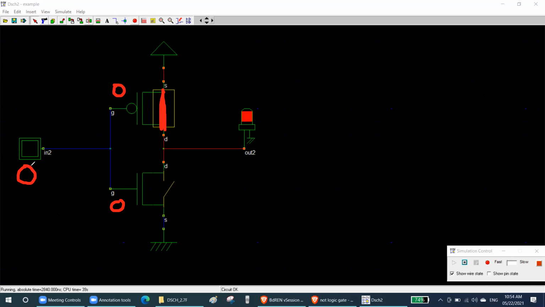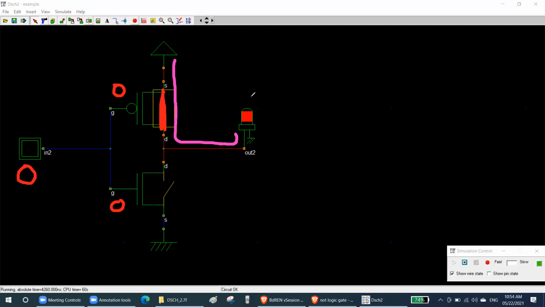So you have an LED inside in your output. What happens here? You can see from this VCC or the VDD, whatever you say, a 5 volt is coming, a current is coming, it is going through the MOSFET, then it is going through the